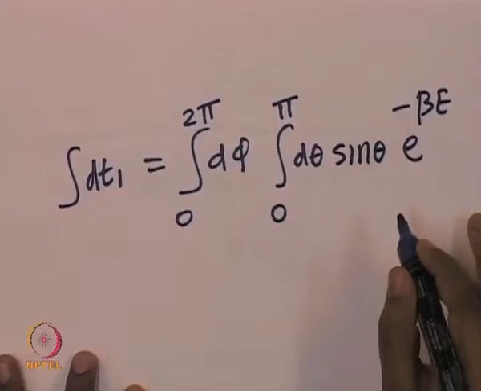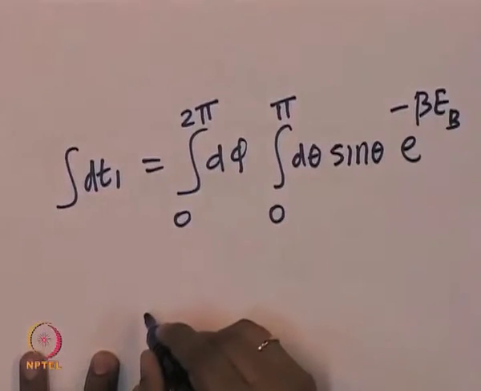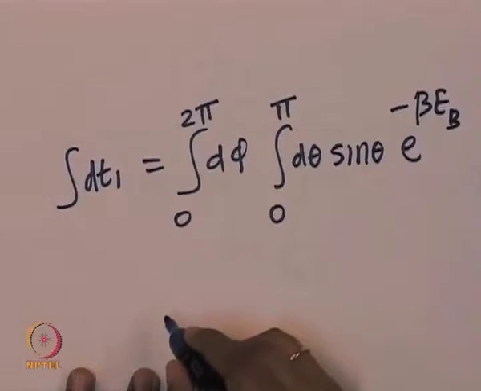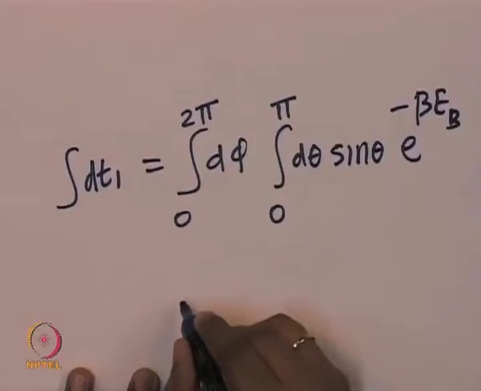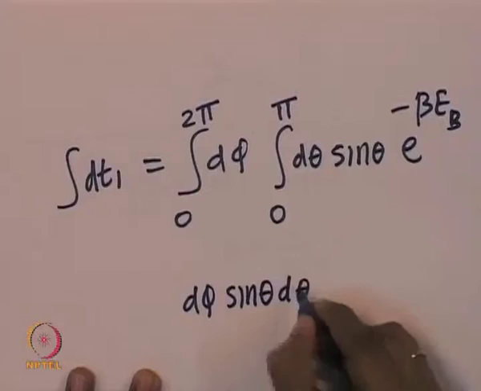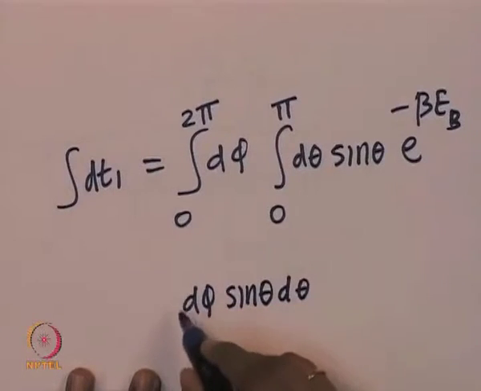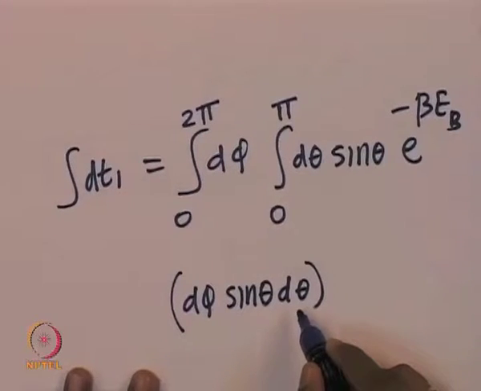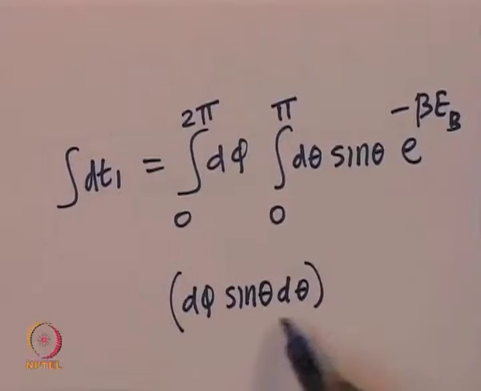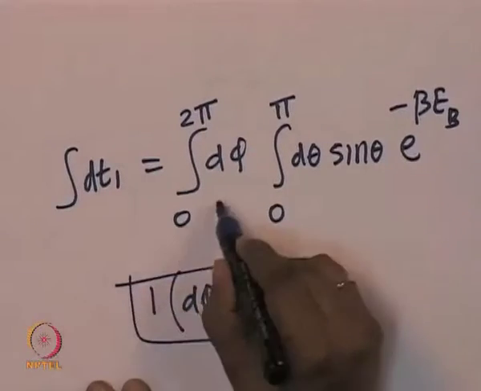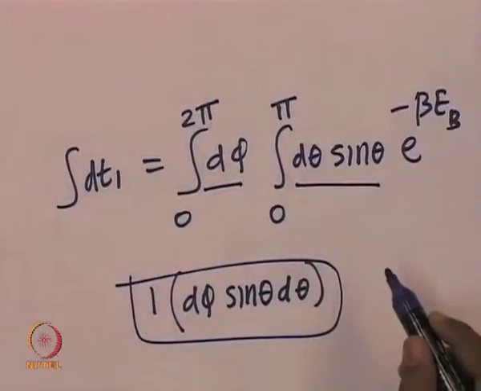As you might know, the volume element in spherical polar coordinates is basically d phi sin theta d theta. So the only angle change happens, only phi angle can change, theta angle can change in this particular manner. Given that the length is constant and unit vector 1, and the length does not change, this will be the volume element. So, that is why this integral is d phi and sin theta d theta.